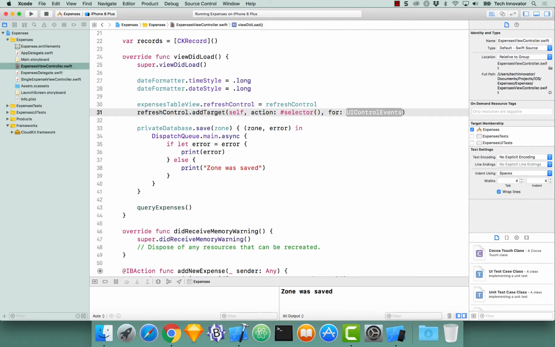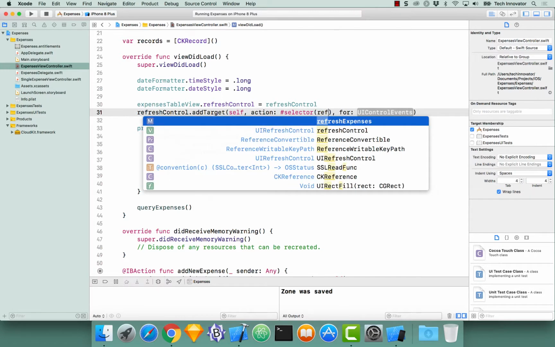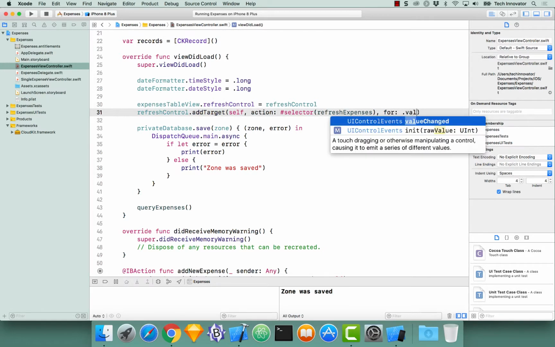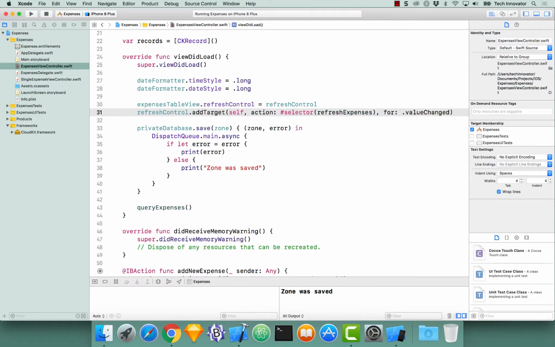A selector, as you can see with autocomplete, takes in an Objective-C method. So we are going to pass it our refreshExpenses function, and for the control event of .valueChanged. At this time, if I build and run it,